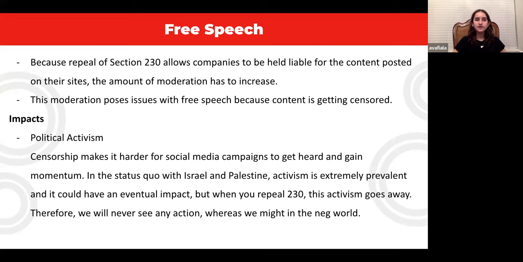But I also think there are a couple different impacts you could use on this. One impact that people might use is the whole First Amendment thing. But I was talking to Joshua about this earlier, and we don't really think it's that strong, because yeah, the Constitution is there, but it can be violated. I feel like an impact that will actually harm people, either physically or through the activism we're not going to see, would be a lot stronger. But the good thing about the free speech argument is that it's very pliable and you can definitely go a different impact route. And I think it's pretty true.